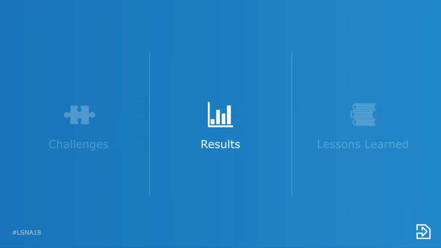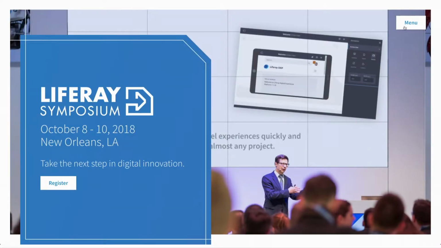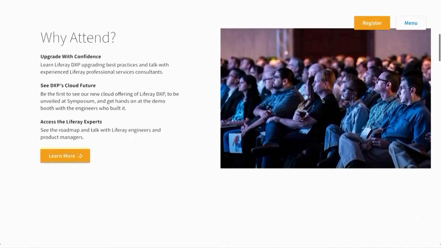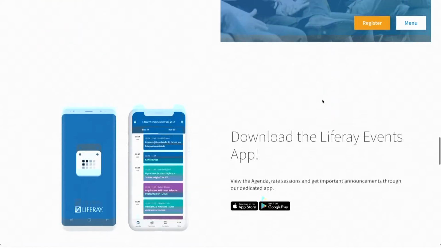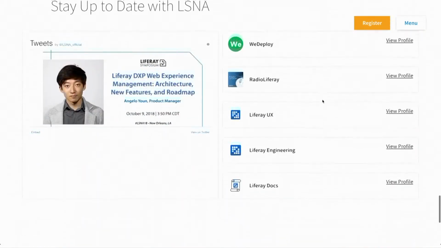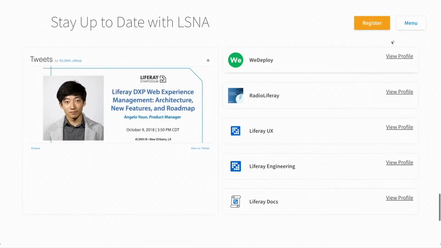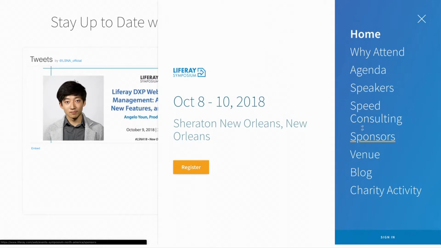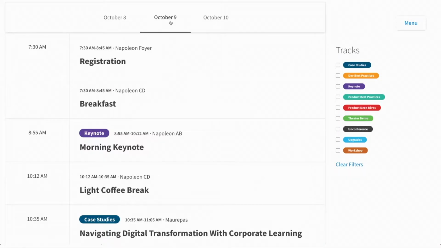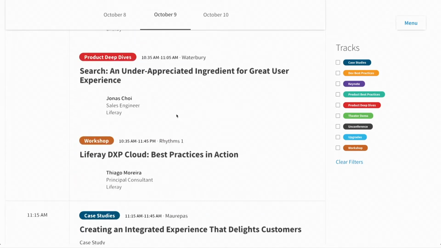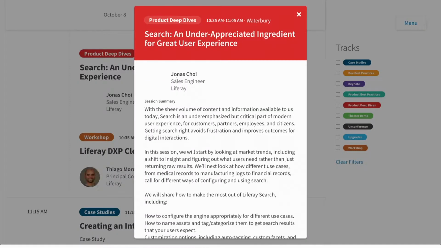So now to the results, the fun part of seeing what we built and what that looks like. So this is our site. You may have already visited it, you may have not. But we created these sites that have lots of different features. So you can have all the pages, a simple Liferay site, and an agenda, but the way that we create these, as we'll see in a little bit,